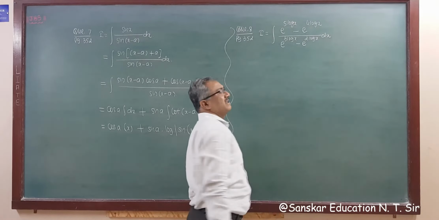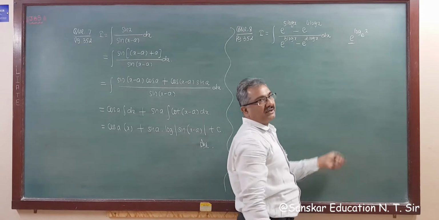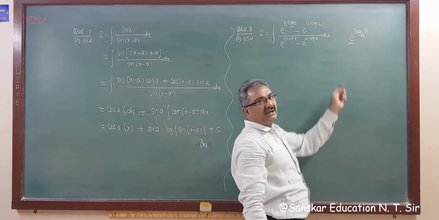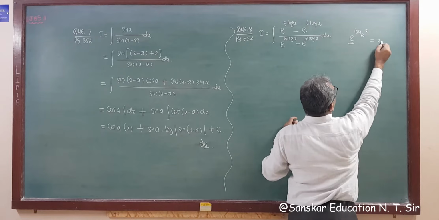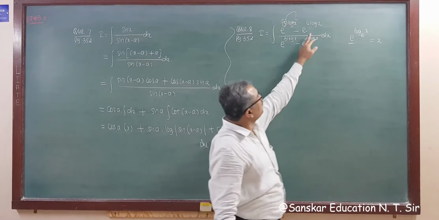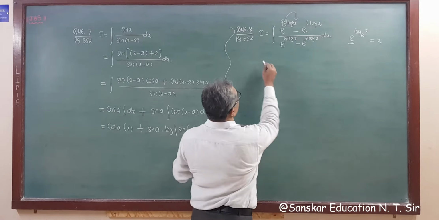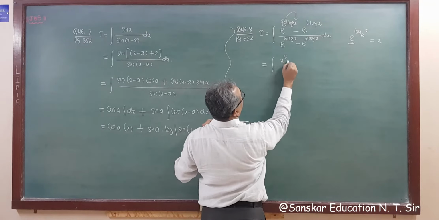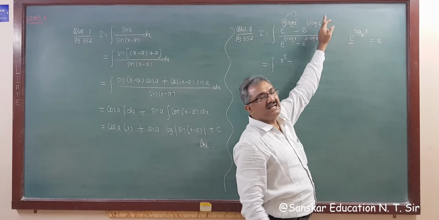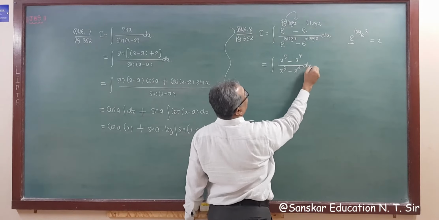Right? Now you know e raised to log x, base means e to the power, log is there and the base are the same, then the answer is x. So the answer is x. Right? So taking this 5 to here, this becomes x raised to 5, and there is no base means already base e, we have to consider it as base e natural logarithmic function. So the answer of this is x to the power 5 minus, taking 4 to here, x raised to 4. Similarly, this is x cube and this is x square. So x cube and x square dx.